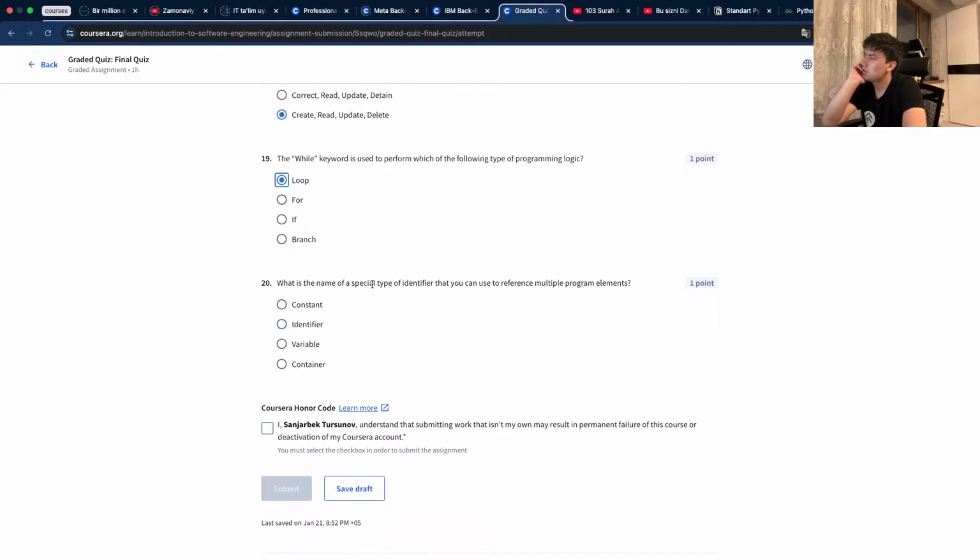What is the name of special type of identifier that you can reference multiple programs elements? Container, to'g'ri.